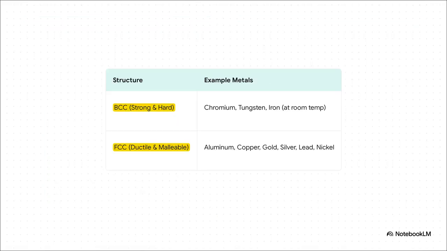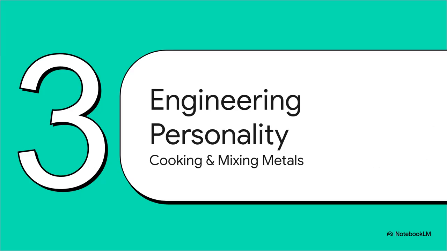The strong, hard metals, like the tungsten we just talked about, and the iron in that brittle skeleton, they're BCC. And all those ductile metals, the ones you can bend and shape and pull into wires like aluminum, copper, and gold, almost all of them are FCC. The atomic blueprint directly creates the material's personality. It's a direct link. So if a metal's personality is basically locked in by its atoms, does that mean we're